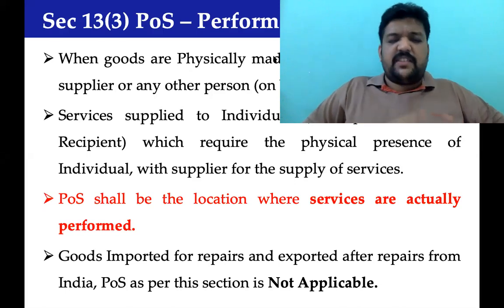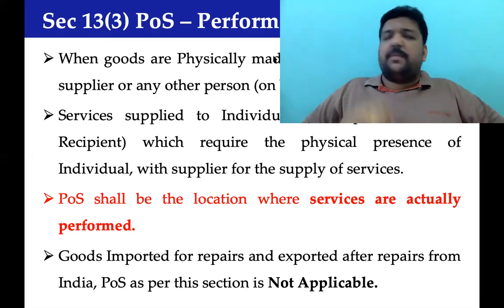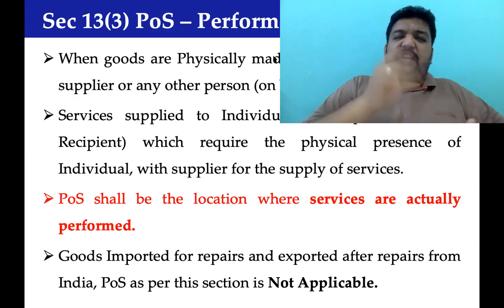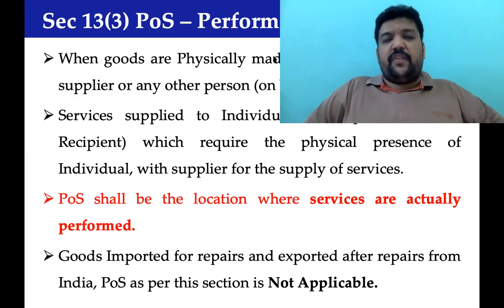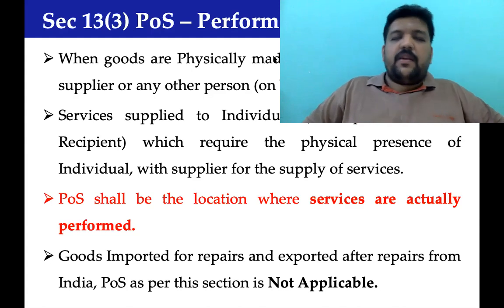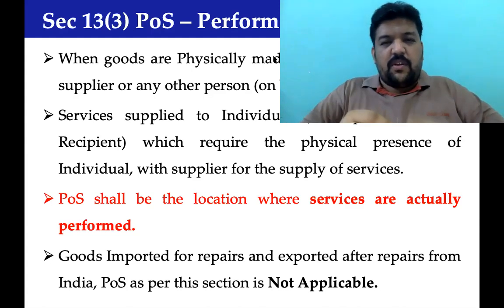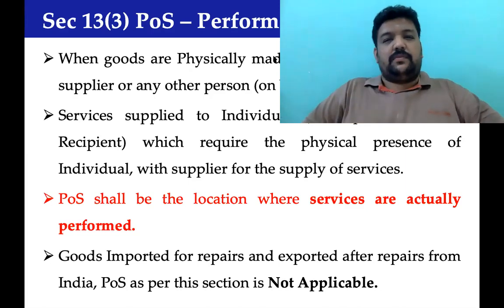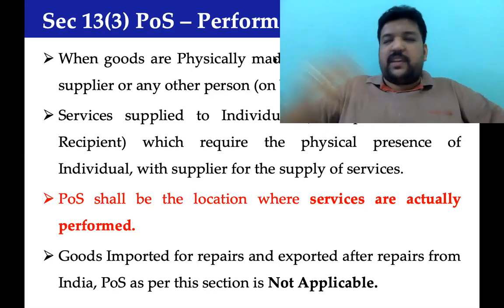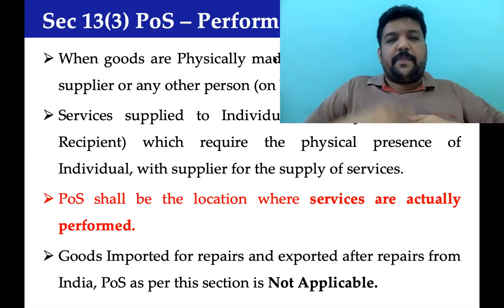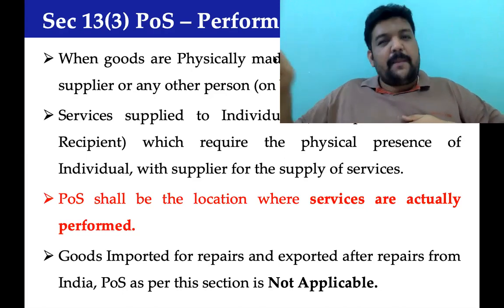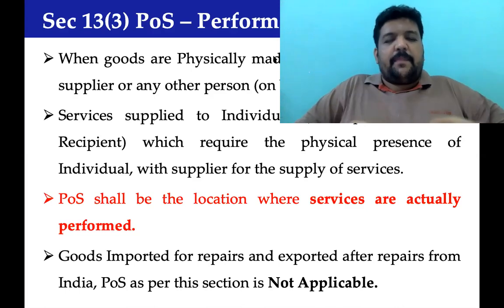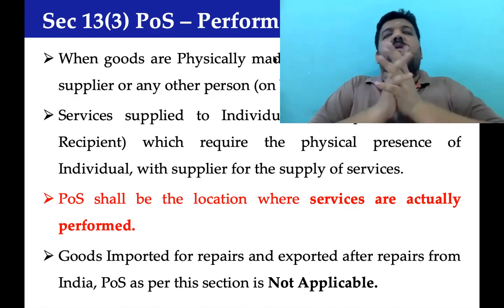So this time we are not installing a machine. This time we go test the machine and come back. See it, and whether it is as per the purchase order, we'll certify it and come back. Testing and certification related services. Good. If you go to that place also, the recipient of the service should allow you to make the goods available to you. Yes, come and test my machine. He has to say. When the goods are made available by the recipient of service to the supplier of service, the place where the services are performed.